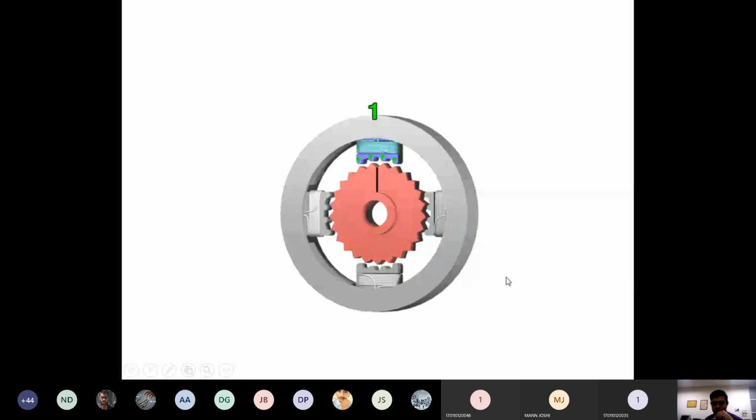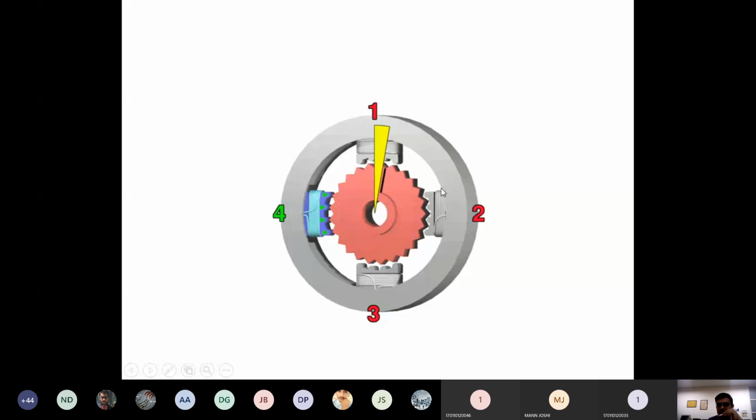I will show one image so you can easily understand how the stepper motor works. The stator and rotor are there. It works with four steps: one step, second, third, and fourth step. Due to the stator and rotor, we are getting the rotation, due to magnetism. Same thing here: 50 steps, you have to define, and we get stepwise angular motion.